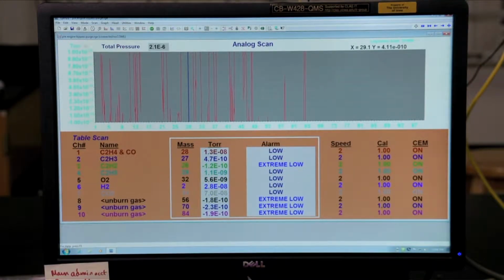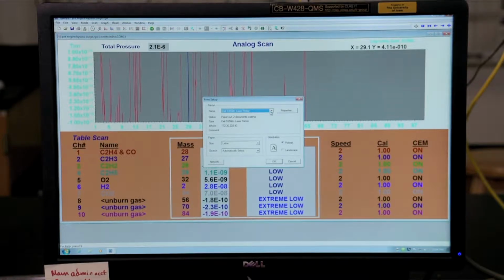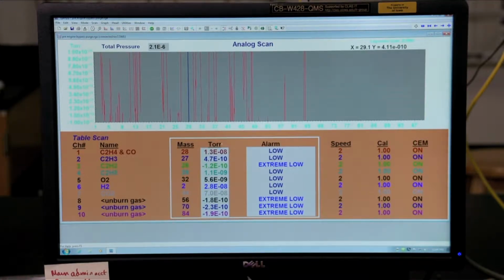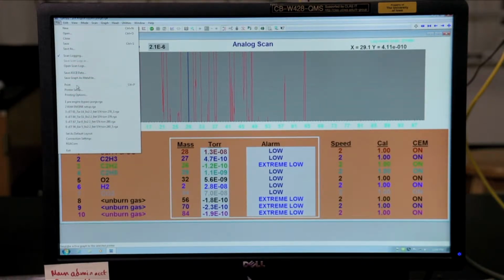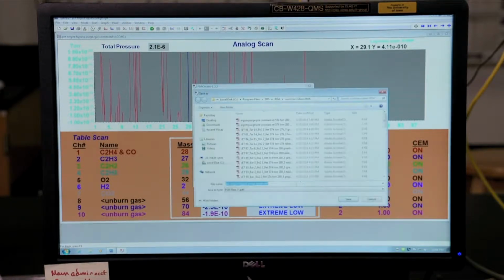To print the PDF, you're going to want to go to File, Printer Setup, and then from the Name dialog box, you're going to want to choose PDF Creator and select OK. And then go to File, Print, and then this should come up. The very first dialog box is going to be the graph. So you'll want to name it the same thing that you had before, and then graph, and then save that,